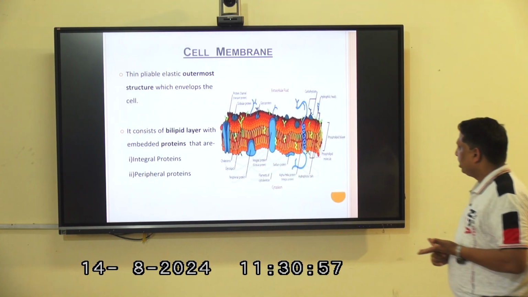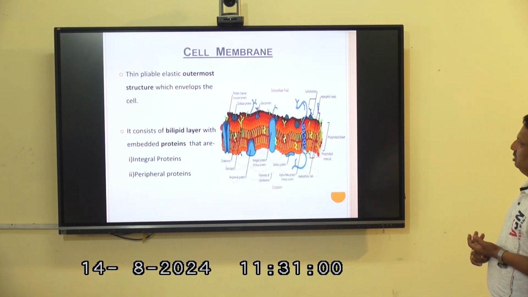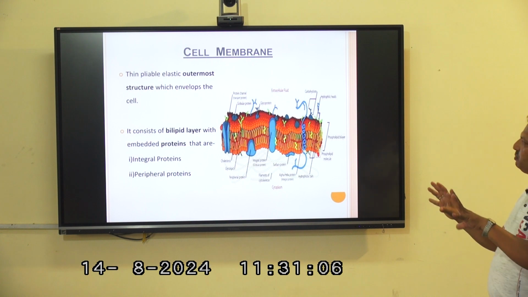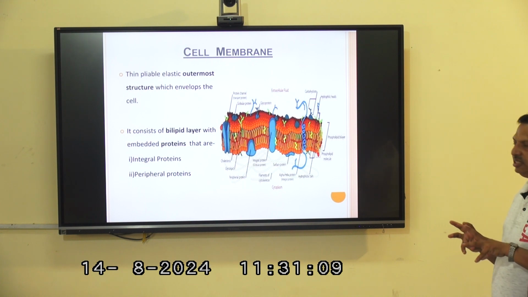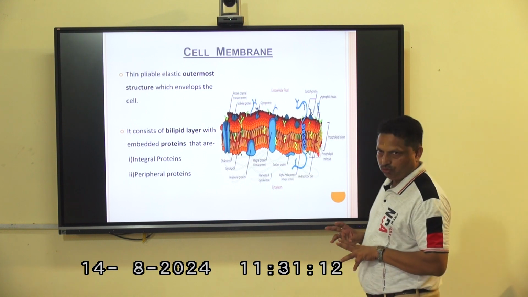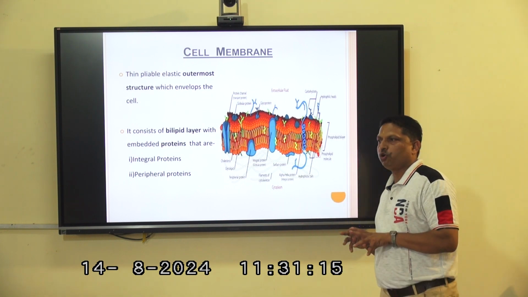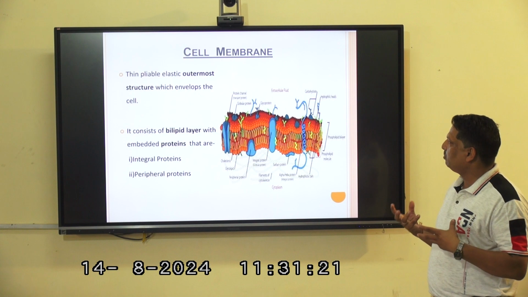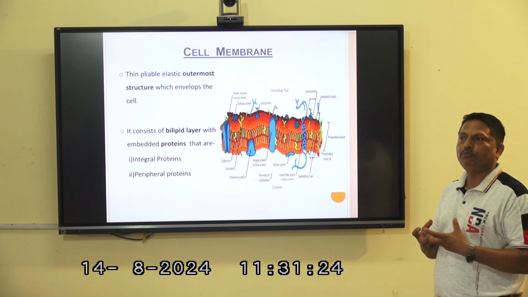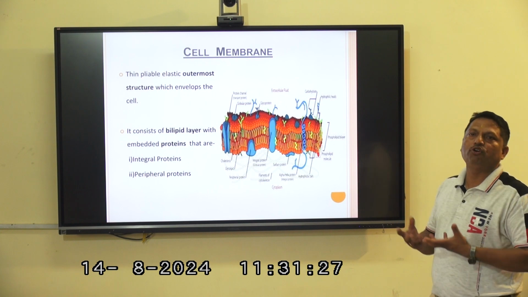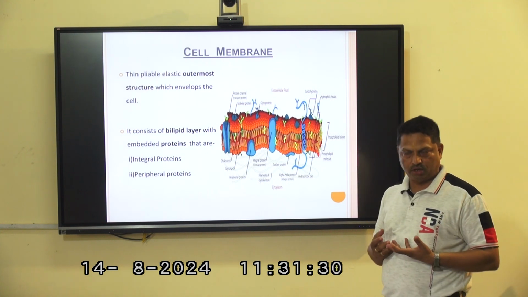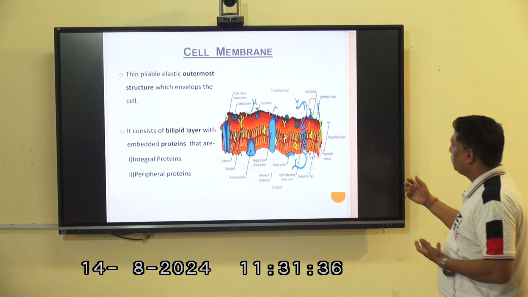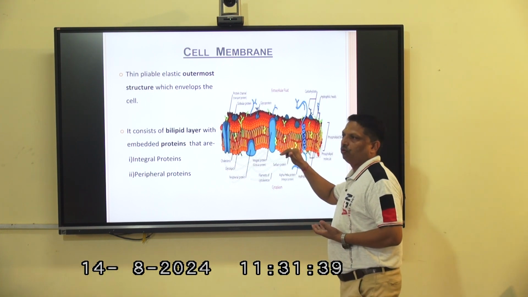And this diagram is indicating the cell membrane, which has a thin, elastic, autonomous structure that envelops the cell, that means it covers all of the cell particles. And I already told you about the boundary, that is protective, and permeability is very important. It depends upon the micromolecules and the signals produced from the different molecules. It may be any foreign antigen, or an ion, hydrogen ion, any ion. It depends upon the signals produced from the inner core of the cell.